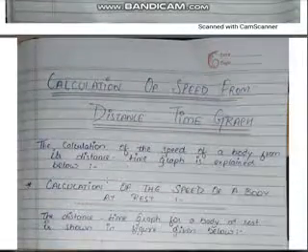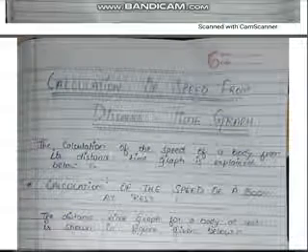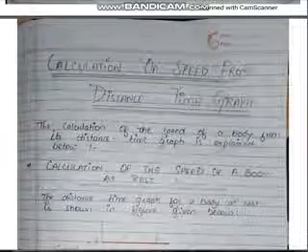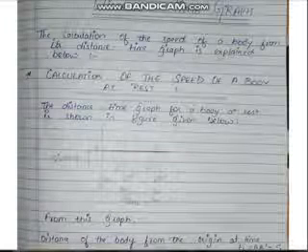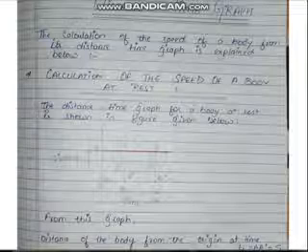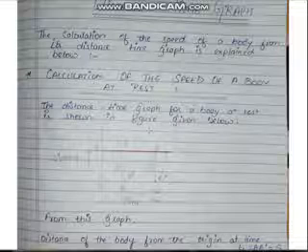Now we will calculate speed from the distance-time graph. Okay, it is very easy, you have to find that. This calculation of the speed of a body from the distance-time graph is explained below. Now there are two conditions again. Calculation of speed of a body at rest. When the body is at rest, we know there is the distance-time graph of the body as shown in the figure. This slope we already got to know in the previous section, that I have drawn distance on this axis and time on this axis.